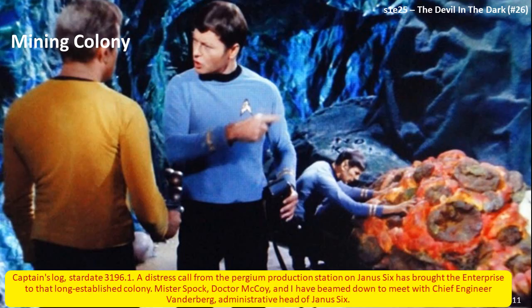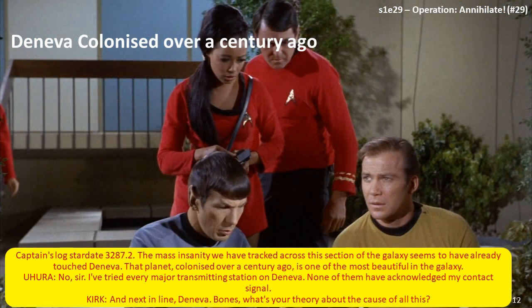Janus 6 was a mining colony, but it had an administrative head rather than a governor. The number of people on the planet was low, so I expect there were no civilians, or if there were no civilians, there's no need for a governor. We learned in the episode Operation Annihilate, Denver was colonized over 100 years ago, that is, compared to the current